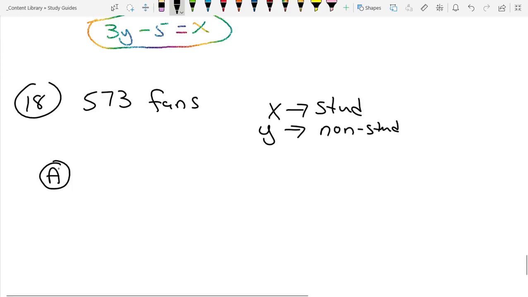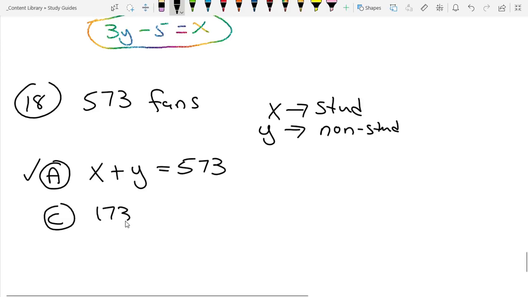Well, option A is easy. They say if you add the students plus the non-students, you should get 573. So A works. C also works because it says 173 and 400. Well, if you add 173 plus 400, you get